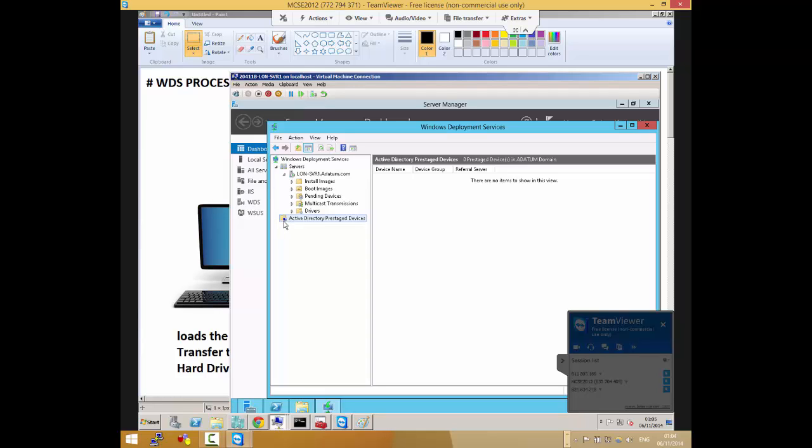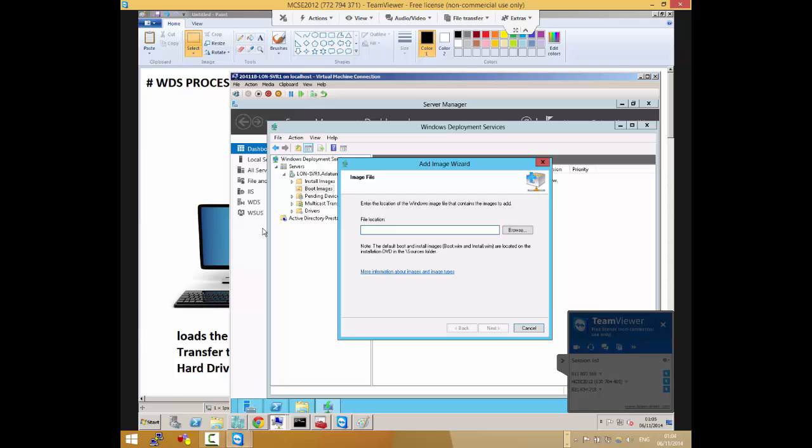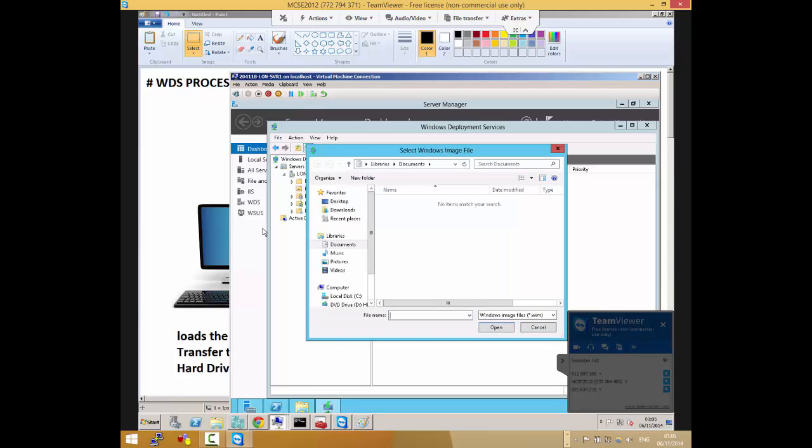we know of. So now the first thing we need to do is to add a boot image that the client computer can boot from. So if you go ahead and add a boot image. Where was it? Is it in the D drive?